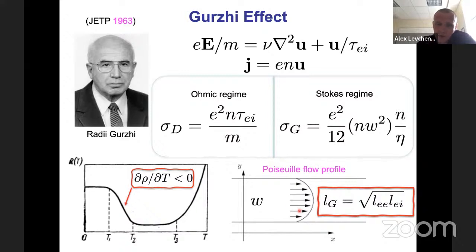So let's say in a quantum wire of certain size or in a Hall bar of certain width, W, then momentum relaxation occurs at the boundaries, and there is a momentum outflux due to viscous stresses occurring at the boundaries. And so then this flow realizes sort of an analog of the Poiseuille flow, and we can derive, and what Gurzhi did, derive this formula for conductance in this regime, when conductance scales quadratically with the width of this channel, and is inversely proportional to the viscosity of the fluid.